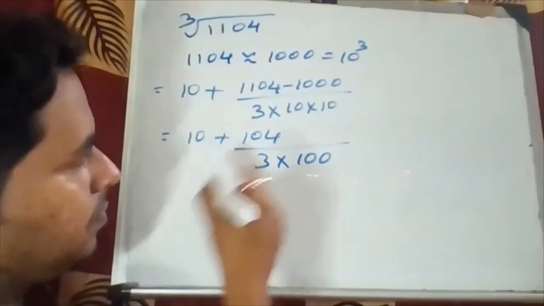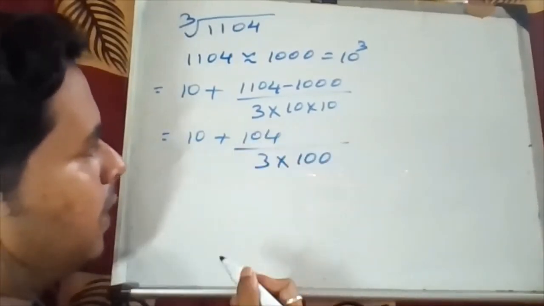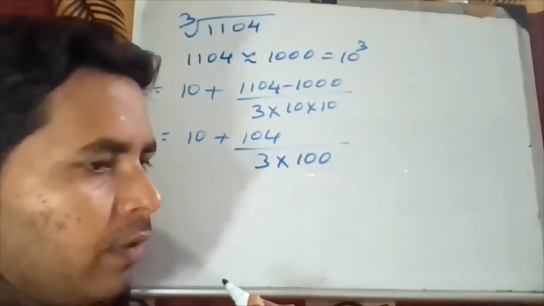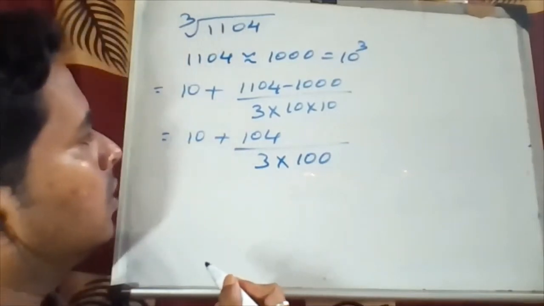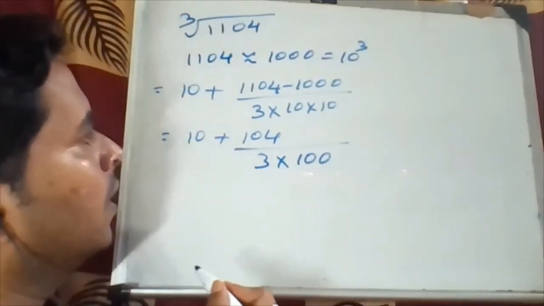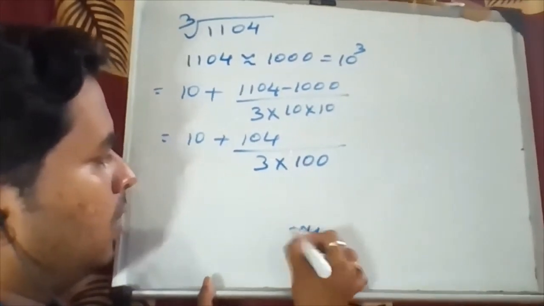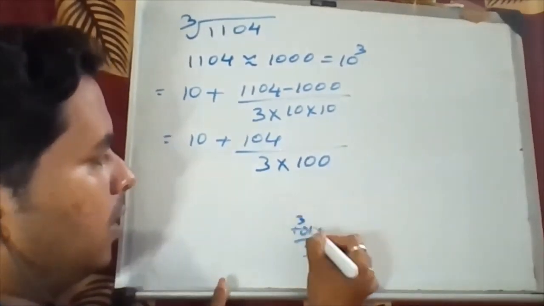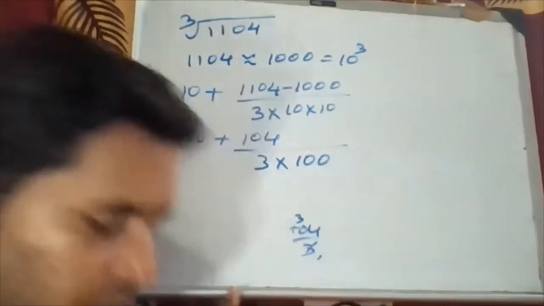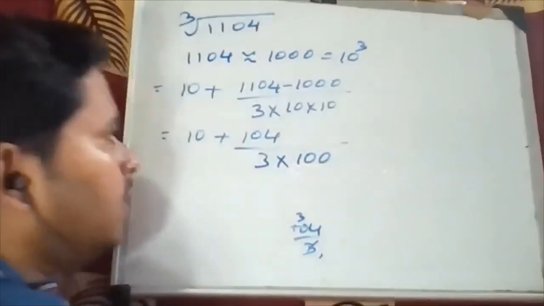Now check whether 104 by 3 will go or not. 3 ones are 3, 3 threes are 9, and no, it won't go. So you have to check the value